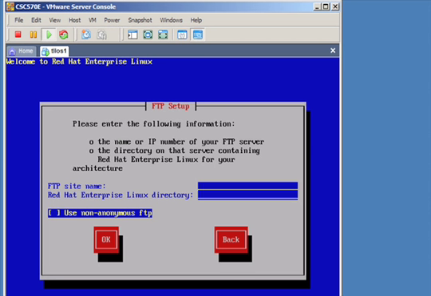So the next step is it says, well, I already got my IP address, I got my DNS information. Now you need to tell me where the FTP server is. So the FTP server in our case is CSC570e.uis.edu, which is the same server that has our virtual machines and the one that we connected to last week for the assignments. And the Red Hat Enterprise Linux directory is in